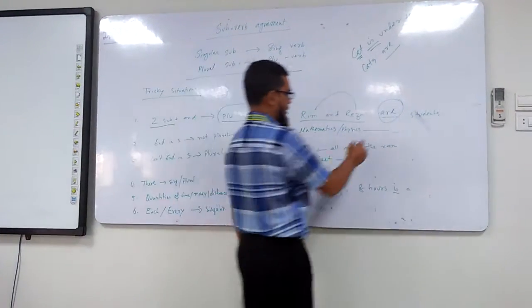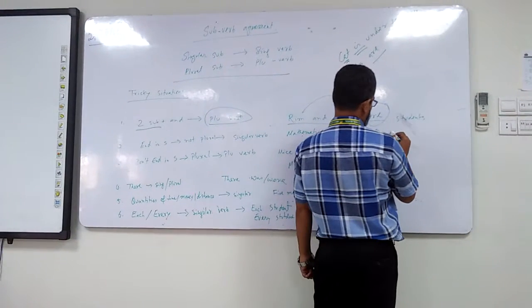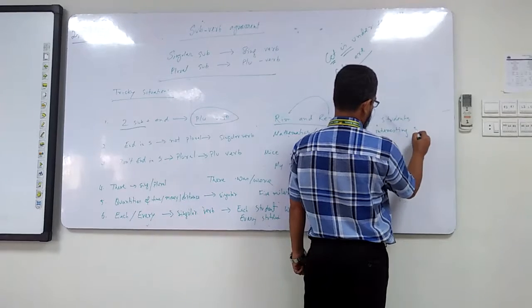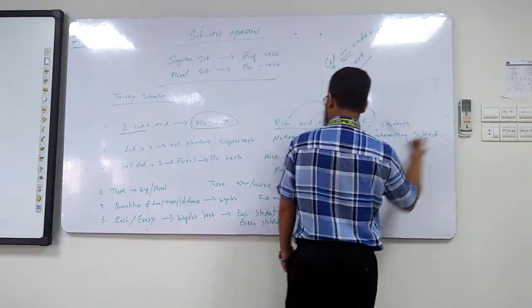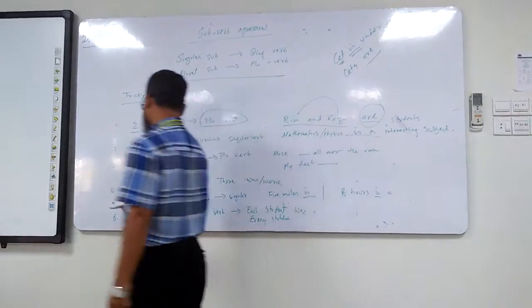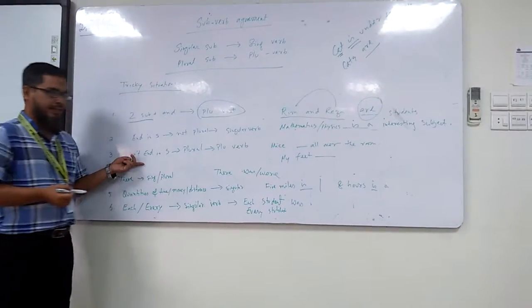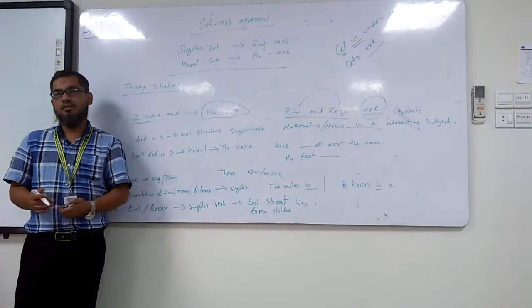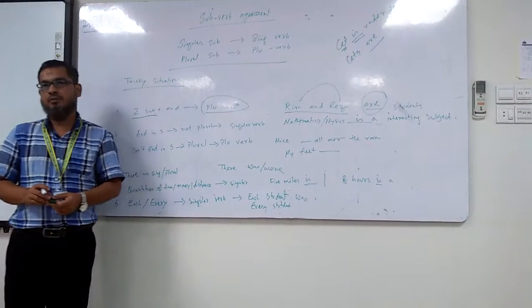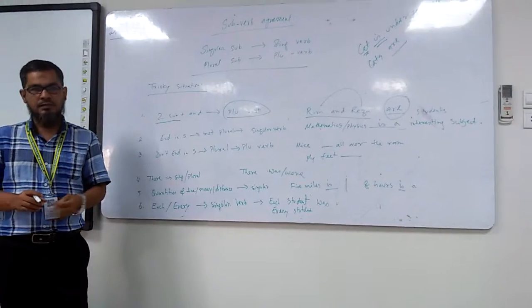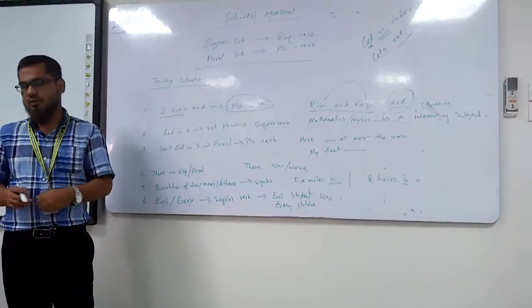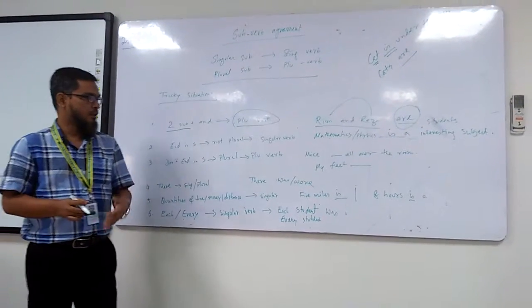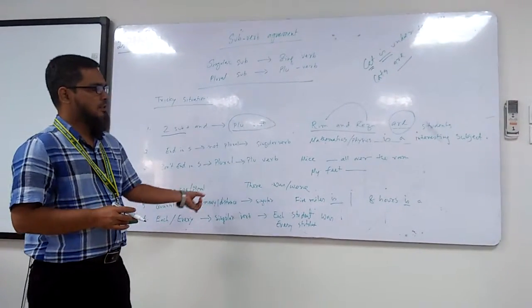So say, "Physics is an interesting subject." This is another example. Now the third one: they don't end with s, but they are plural. Because when you're changing singular to plural, there are many rules. Some of them take s, some of them do not take s, but some of them are changed inside. For example, "is" with